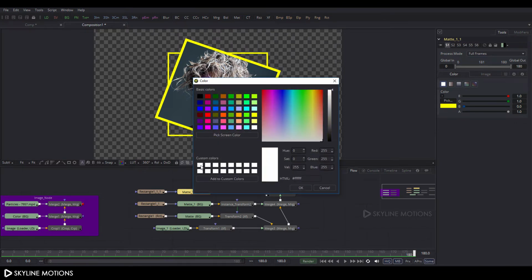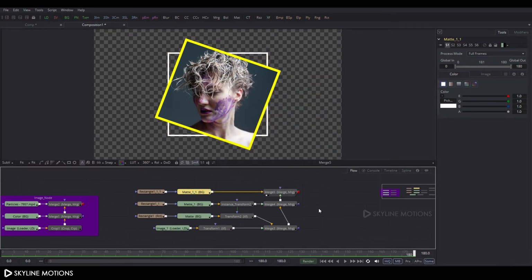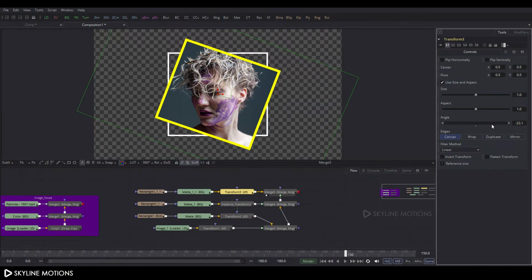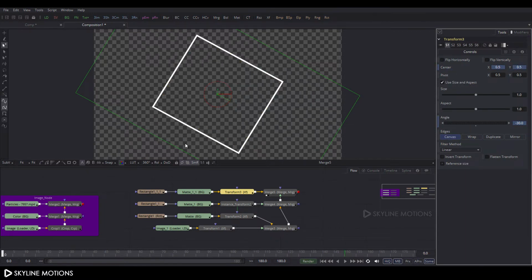and select this node and pick this color white. Okay, now select this matte and click on this XF and add a transform after this node and select this transform 3 and go to frame number 150 and set this angle something like -30. Okay, and right click on angle, click on animate and also right click on center and click on animate